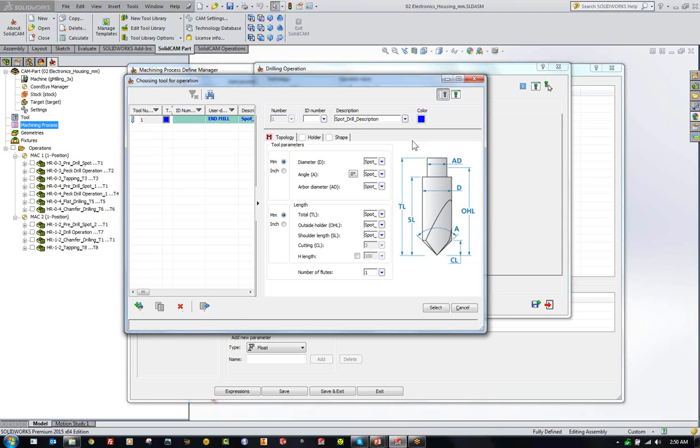On the left bottom maybe, yeah? Yeah, but